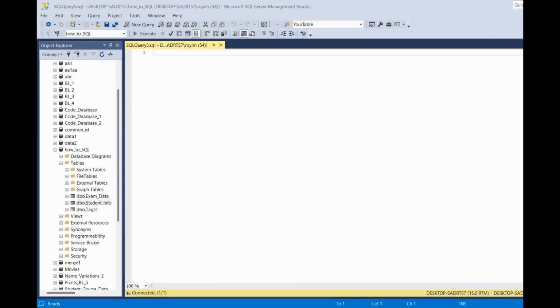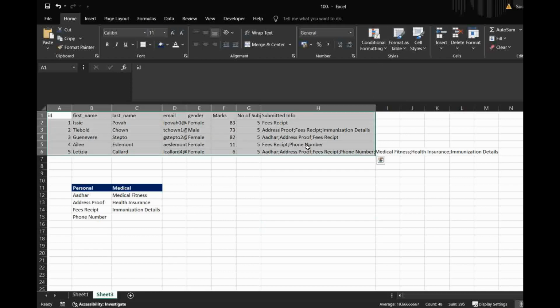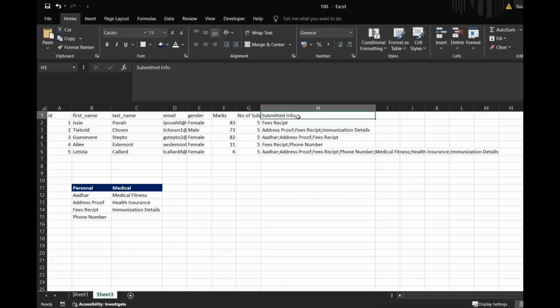So today I'm going to explain one of the most beautiful things of SQL. Let's say I have a database, the student info database, and we have a column called submitted info. This column contains the information that was submitted by the student. Let's say this person has submitted the fees, so it contains the fees receipt. Another person,